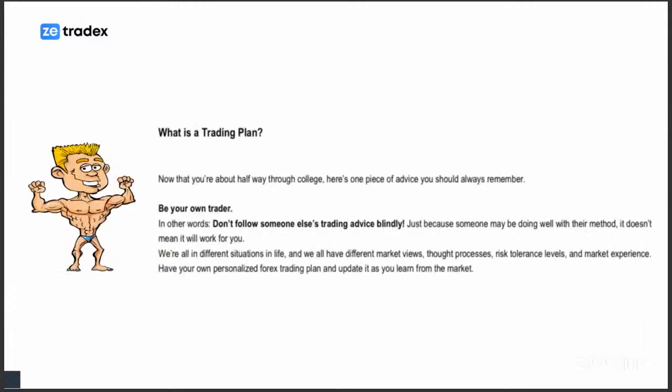What is a trading plan? Now that you're about halfway through college, here is one very important piece of advice you should always remember as a trader: be your own trader. In other words, don't follow another person's trading plan. It's just like you're in an examination, you have prepared everything you want, and then you get into the examination center and decide to go with a plan that you didn't decide to go with in the first place. Just because someone may be doing well with their method, it doesn't mean it will work